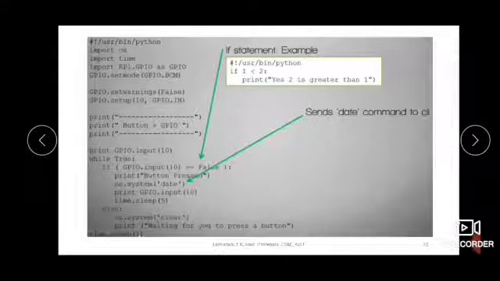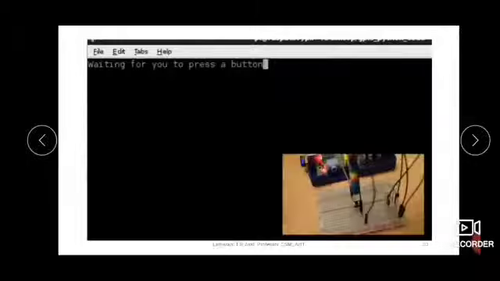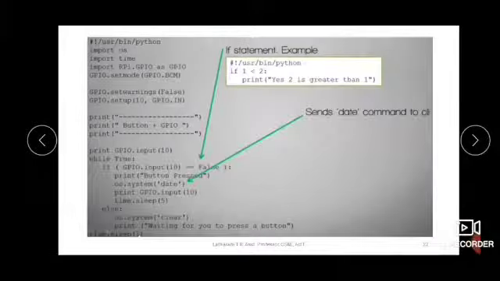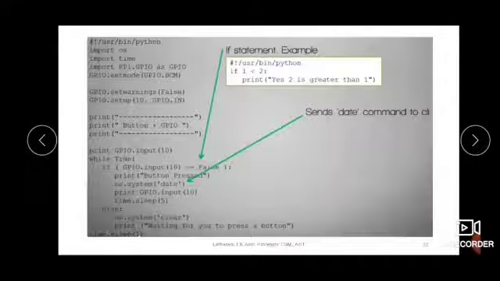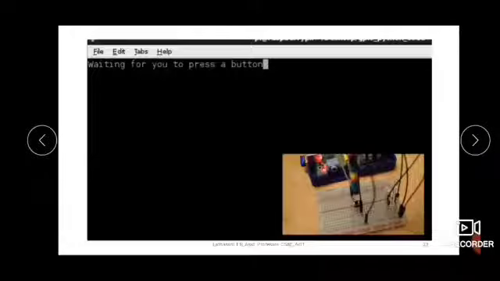Okay, here the same thing is explained. When you execute that program, it will say waiting for you to press the button. So now, through the pen, we are pressing the push button. After you press the push button, it will display the date, because it will execute the date command, right? You can see in the code we have written, when you press the button, then it will display the date. Okay, so the same thing happens here.